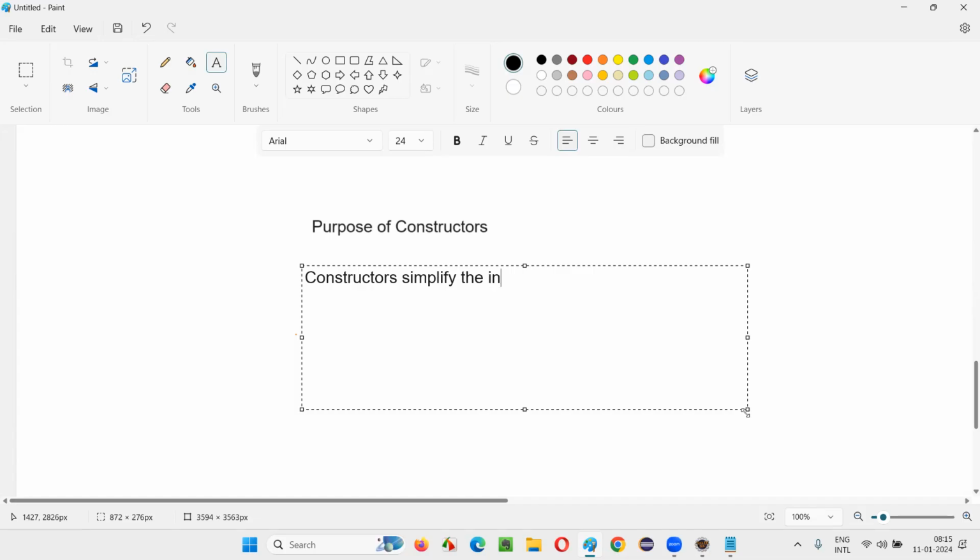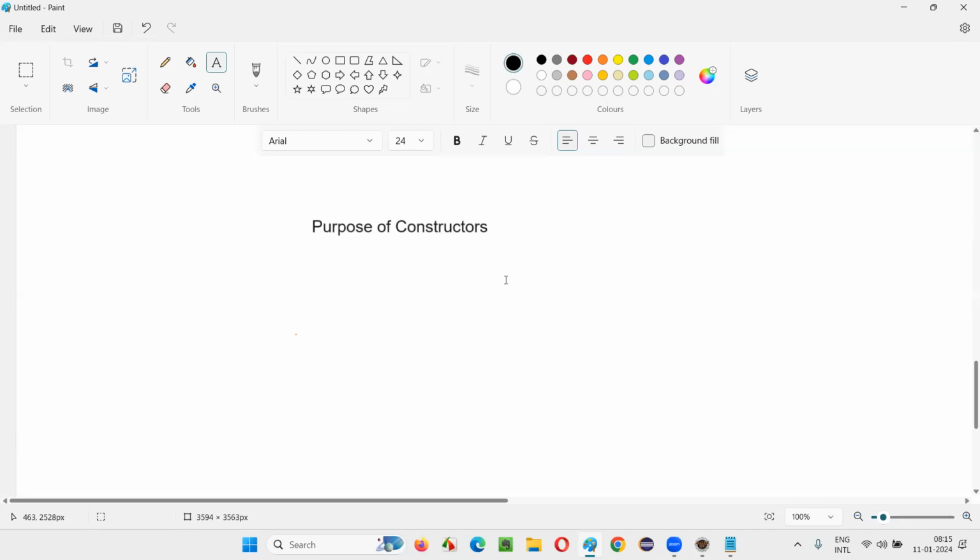Constructors simplify the initialization of class variables. Why do we use constructors in Java? To simplify the initialization of the class variables.